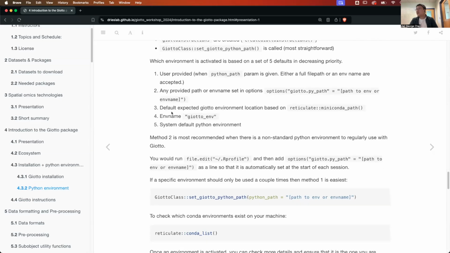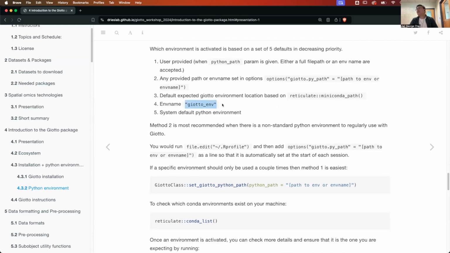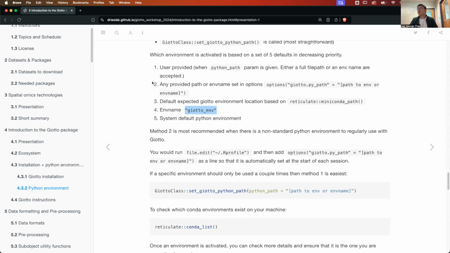And then third on the priority list is going to be the default expected Giotto environment based on the reticulate miniconda path, and then it's going to check for the Giotto environment as the expected name. And lastly, it's going to check for what the default Python environment would be on the system. So method 2, this one, is most recommended when there is a non-standard Python environment that you regularly use with